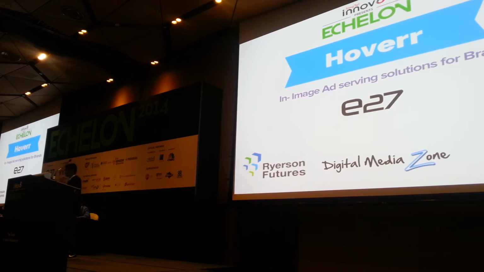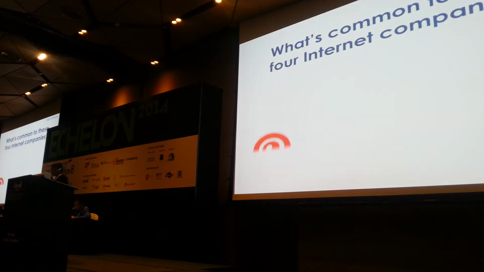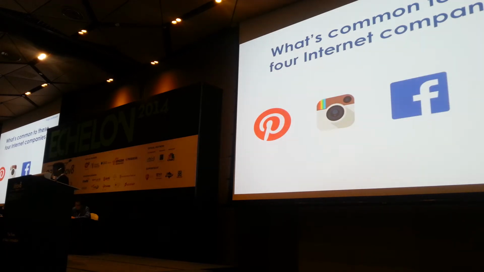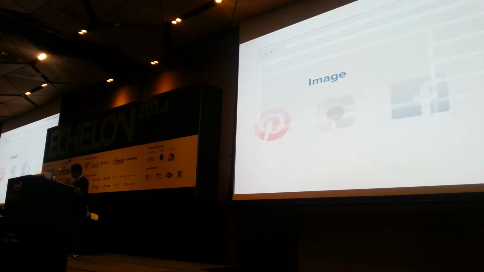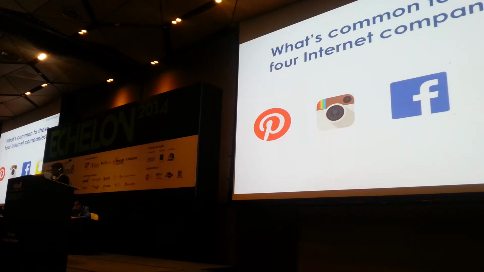Before I get into the product, can someone tell me what's common between the four sites on the internet which you see on the screen? Pinterest, Instagram, Facebook, and Snapchat. Except for the fact that these are billion-dollar companies, these are the fastest growing companies in the history of the internet, primarily because they have photographs and images as their core content. Photographs and images are the most highly engaged content on the entire web, and they have a visceral and an emotional connect with the end users.